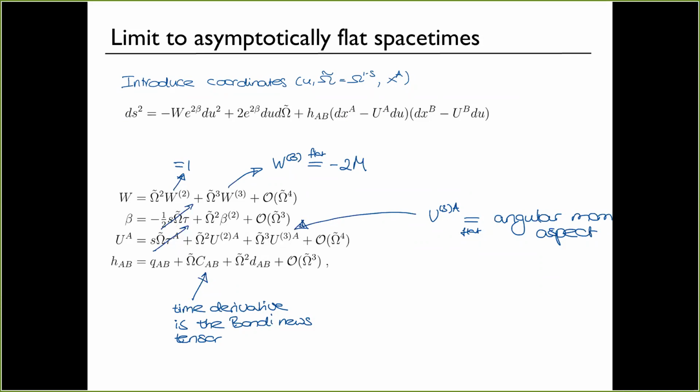We have not shown, for instance, that this W3 is really what ends up playing the key role in what is mass, because we actually don't have a good definition of what is mass in this larger class of spacetimes. So you should be a little bit careful of carrying this over, but I hope that will give you a little bit more intuition as to what these terms possibly might